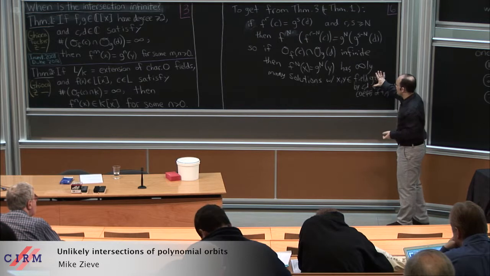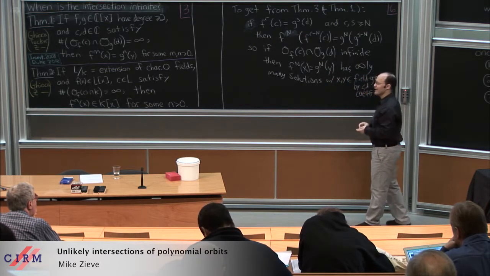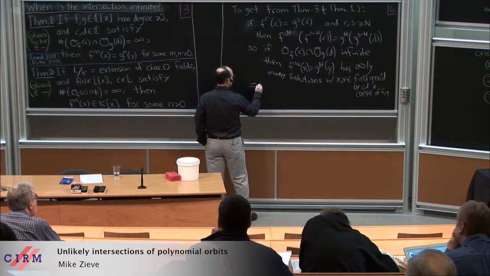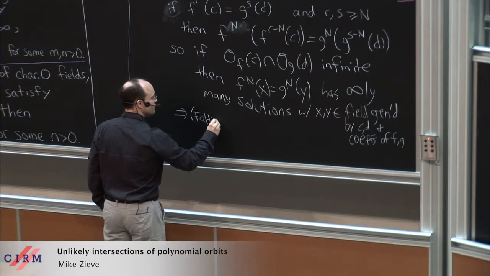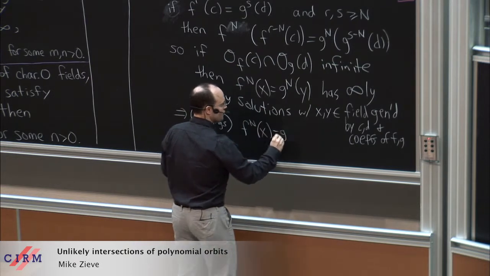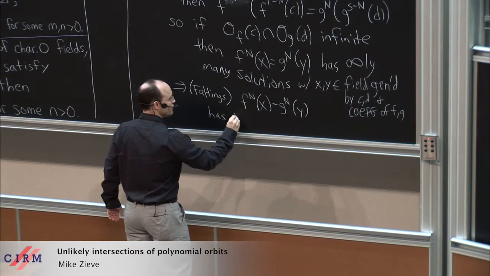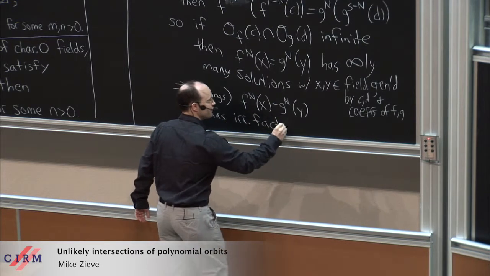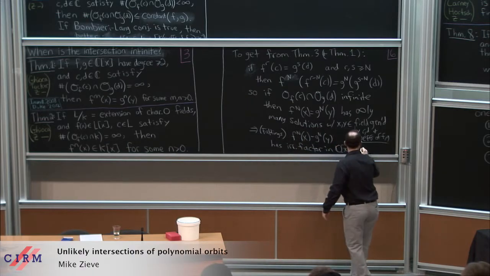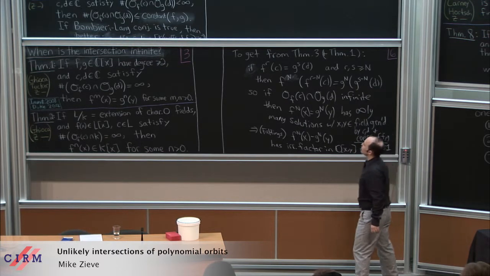Because you have a finitely generated field in which some curve has infinitely many points, and then that curve must have genus 0 or 1. This has to have an irreducible factor giving you a curve of genus 0 or 1. And now